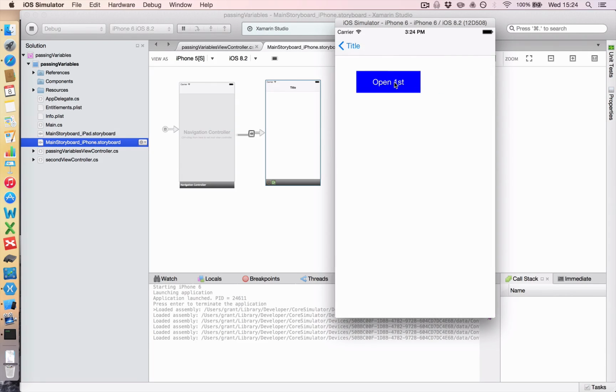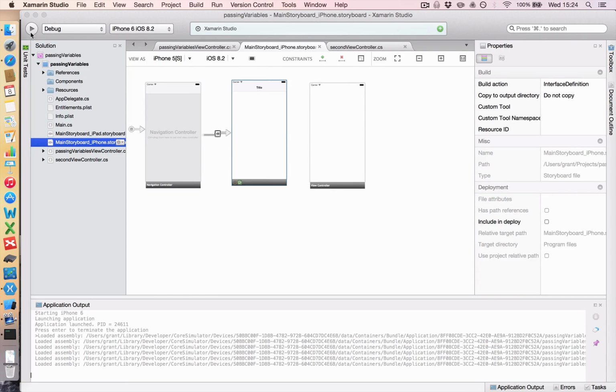So it's added 1, it's added 2, it's added 3, it's added 4, which means I have to click back a few times to get back to my original screen. So back, back, back, back, 4 times. So be aware of that when you're creating your apps, because users don't want to click through back more than once. So let's stop that